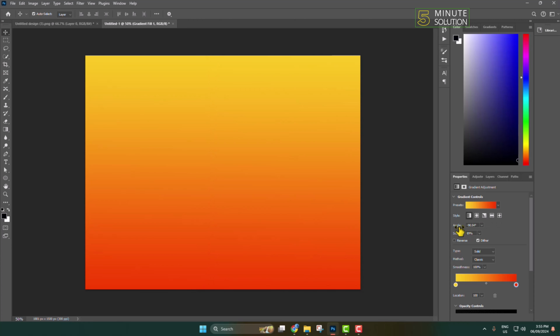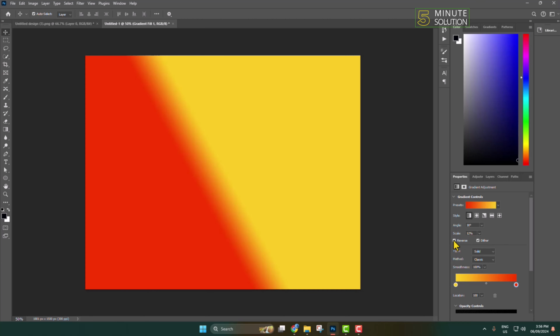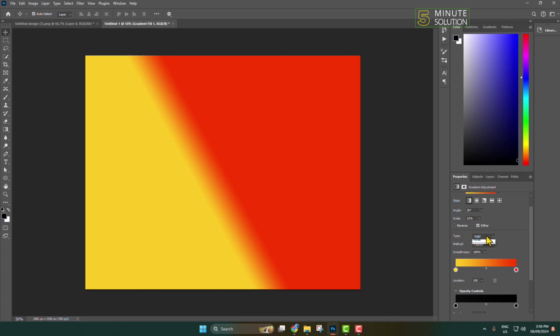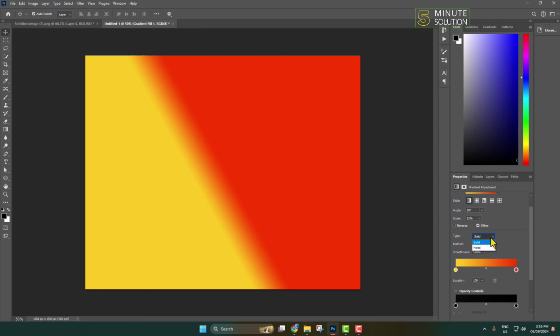and you can change your gradient color angle. You can also change your gradient scale like this, and you can enable the reverse option from here, and type, you can change the type. You can add solid, gradient, or noise. And method, here you will find a bunch of different methods. You can select any of them,